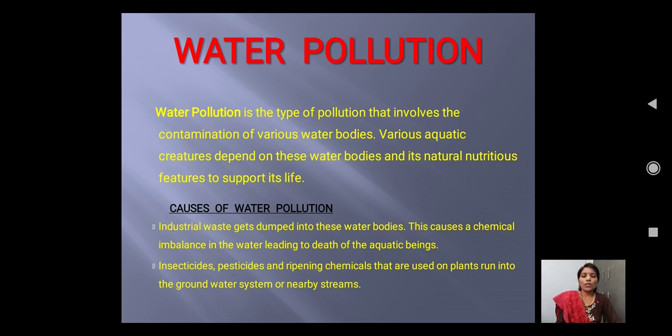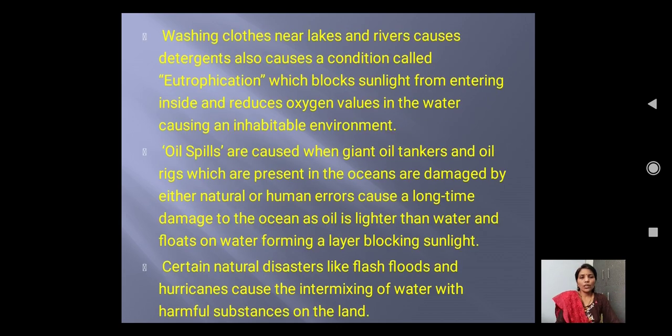So what are the causes of water pollution? Water pollution is caused by the dumping of industrial waste into water bodies. Agricultural waste, including insecticides, pesticides, and ripening chemicals that are used on plants, runs into the groundwater system or nearby systems. Afterwards, eutrophication is one of the leading problems, which blocks sunlight from entering and reduces the oxygen values